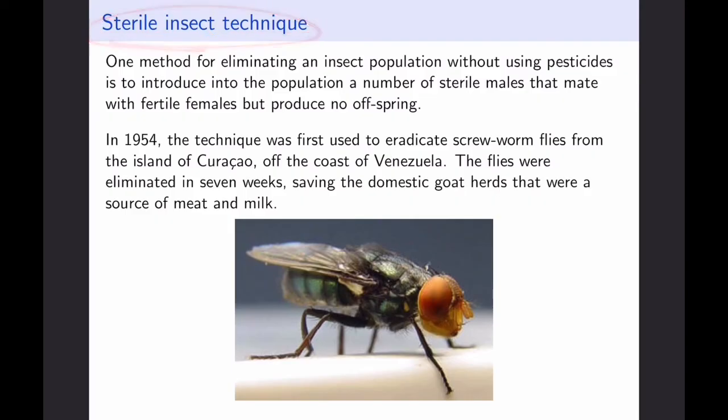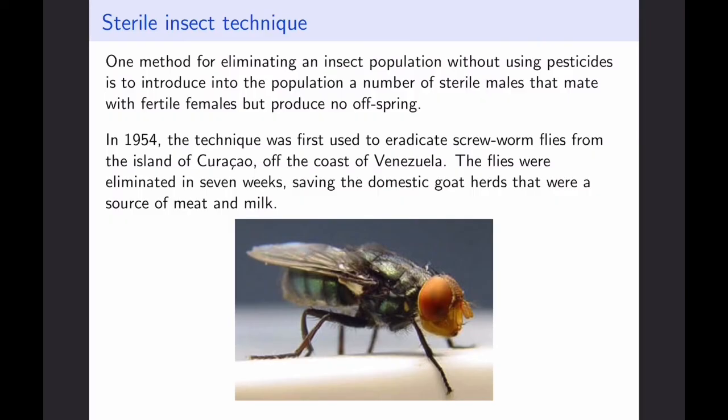Sterile insect technique is a method of biological insect control that basically consists of releasing an overwhelming amount of sterile insects, most likely males, into the wild. The idea is that the females mate with the sterile males, produce no offspring, and therefore the population reduces drastically or simply dies off. This idea was actually first introduced in the 40s by a Russian geneticist, Serebrovsky, but the